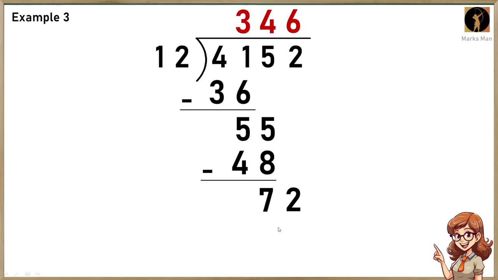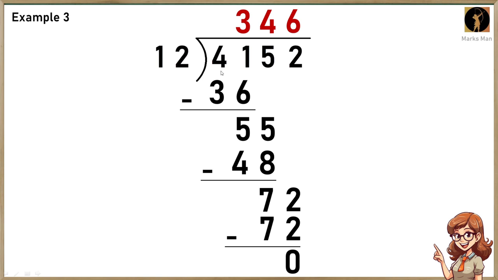So 6 times 12, that is equal to 72. Next, you need to subtract this number 72. Since these two numbers are the same, the answer is automatically 0. Since you end up with 0, and you don't have any number to bring down, the final answer or the